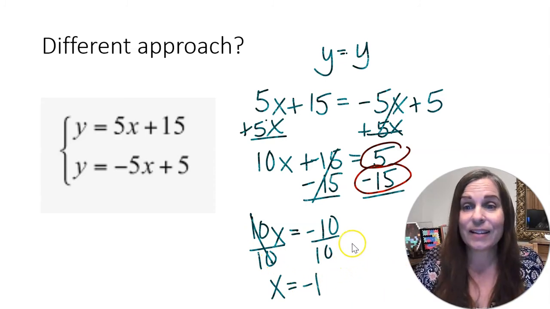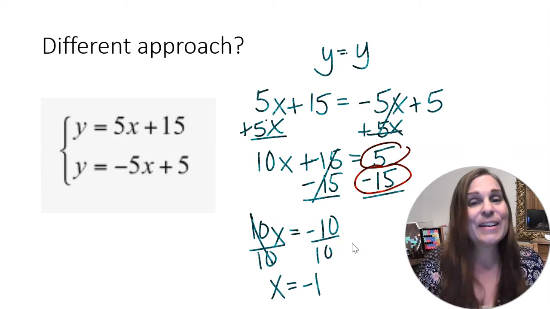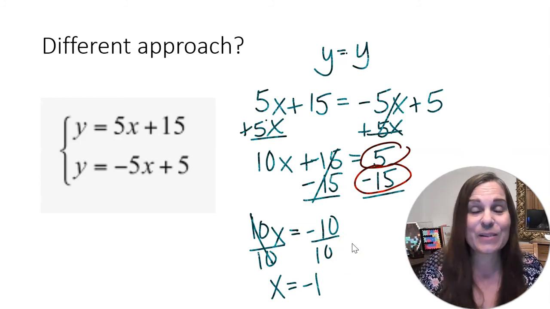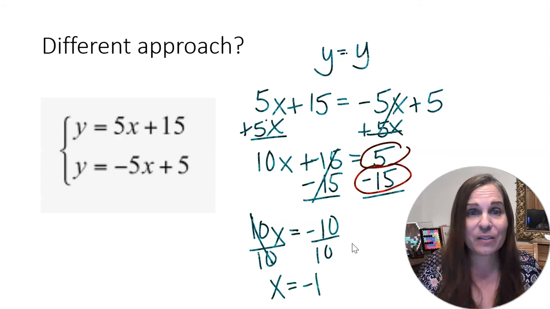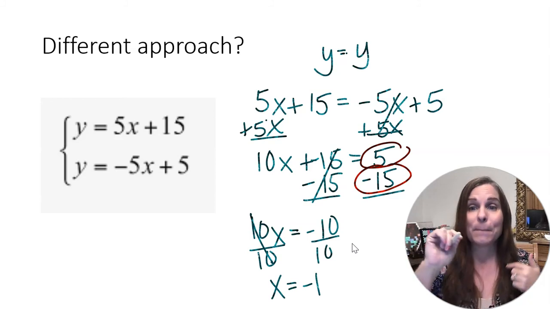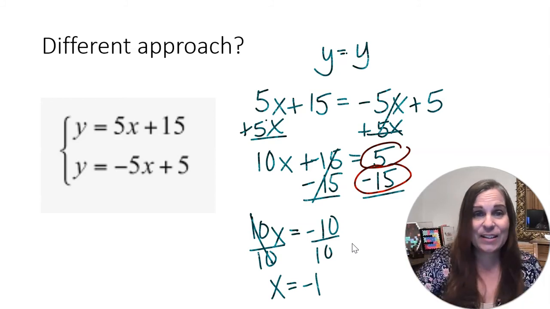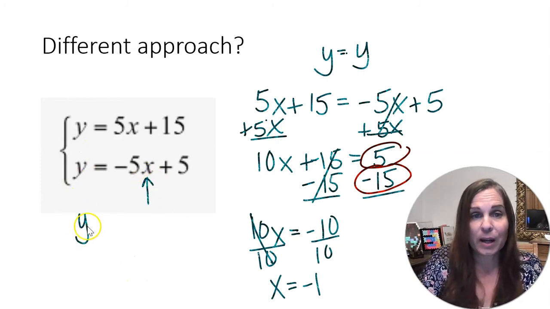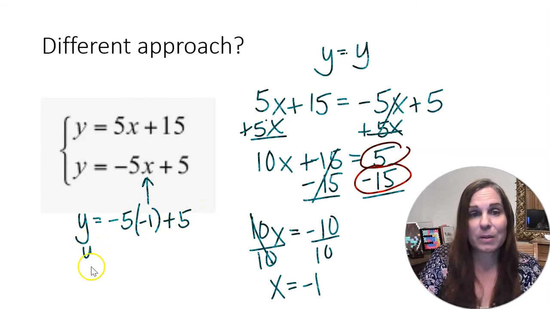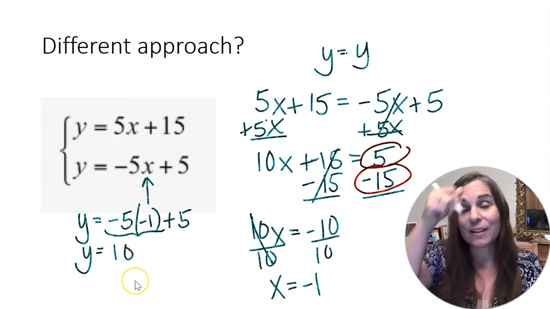Am I done? No, right? Because the solution to a system is a point, okay? An x and a y. So, what do I do with that x value that I just found? Plug it in, right? So I'm going to plug it in right here. So I'll get y equals negative 5 times negative 1 plus 5. That's going to be y equals positive 10, right? Because a negative times a negative equals a positive,